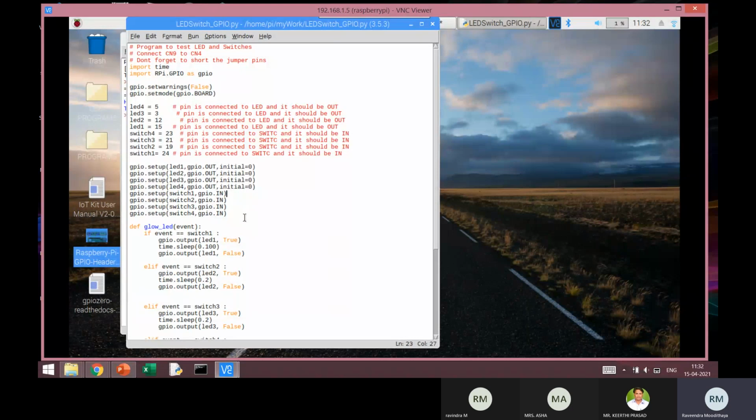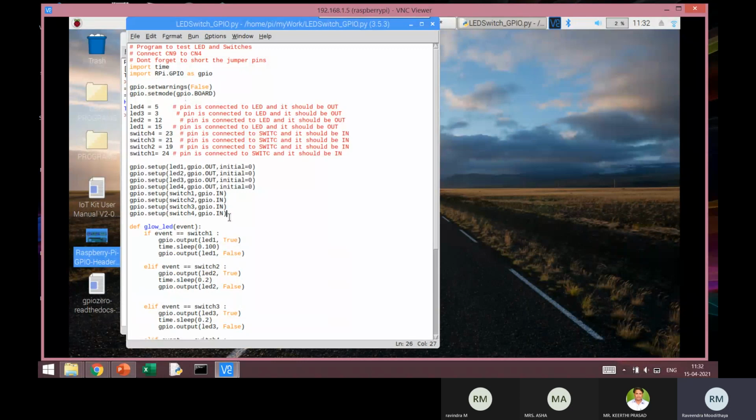Similarly, an input pin is one from where I can read the data. Okay, I can read the value from that input pin. For example, switch 1, which is pin number 24, is set as an input pin, GPIO.in. So these are all the constants which are defined inside this module, so you only have to say that.